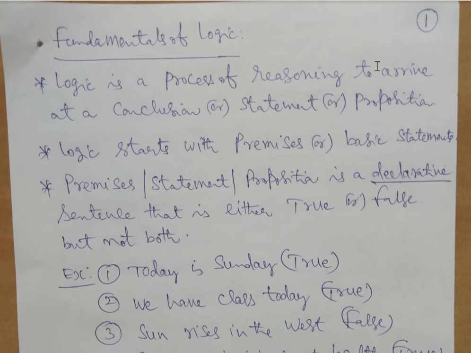And here you will see some connection with the digital electronics that you have seen in CO. So that might help you understand this concept better, where we have used Boolean algebra, 0 and 1. Here we use false for 0 and true for 1. That combination is still valid here, and you might have used many notations for the OR operation, AND operation, XOR operation, and NOR, NOT. All those things are used, but the only difference is that mathematical notations are used rather than digital logic symbols. Otherwise, if you are comfortable with Boolean algebra, I think you will be able to understand this concept of fundamentals of logic easily.